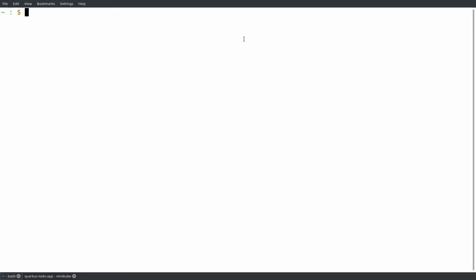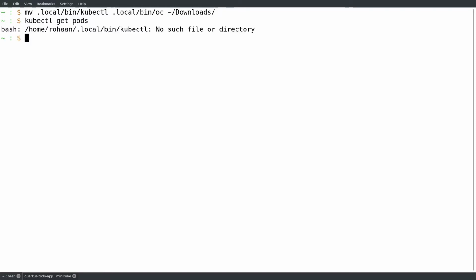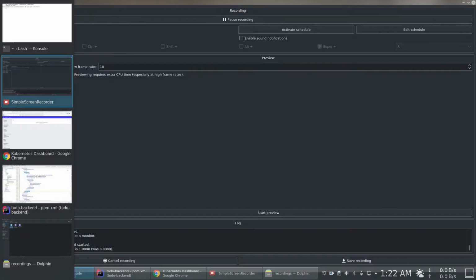Okay guys, for the demo I'm back in my terminal now. I'll start with removing kubectl and oc. I'll move them to some other location so that they don't get detected. Let's say Downloads. So if I do kubectl get pods, it's not able to recognize it. Alright, for the demo I'll be